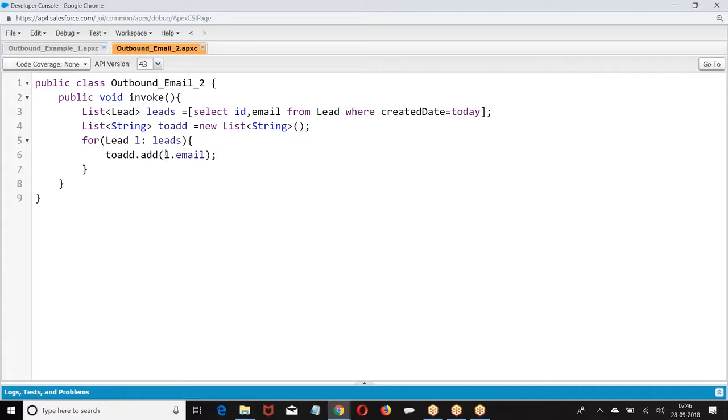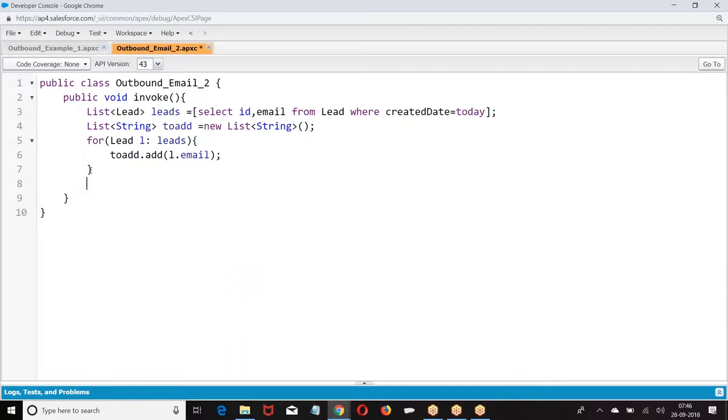What did I do? I wrote a SQL query. After writing a SQL query, I fetched one by one lead, added the email address to it. I fetched one by one email address and added to the list.